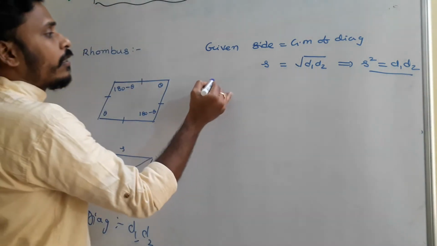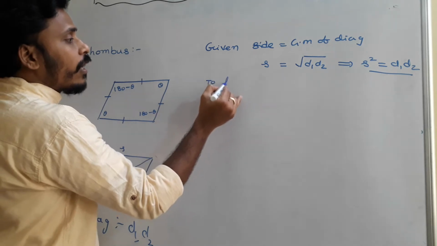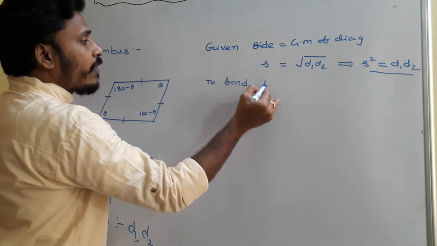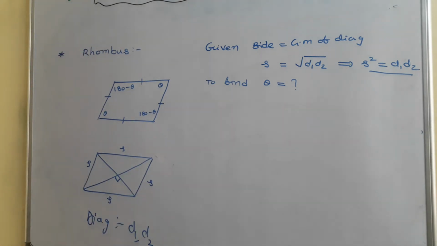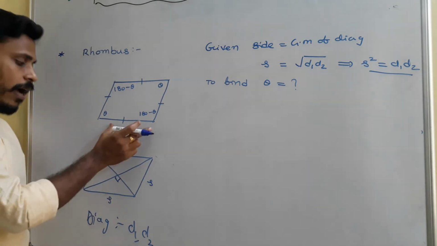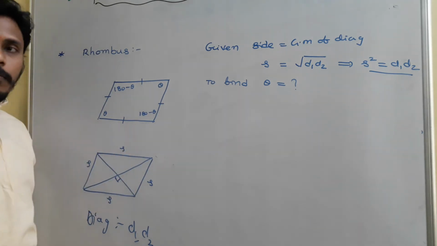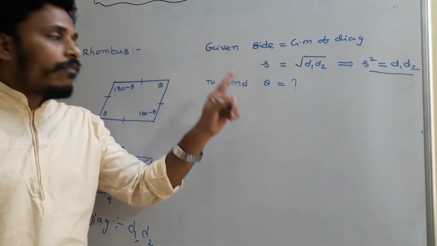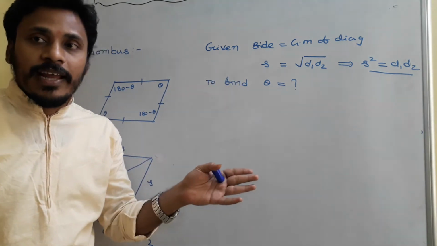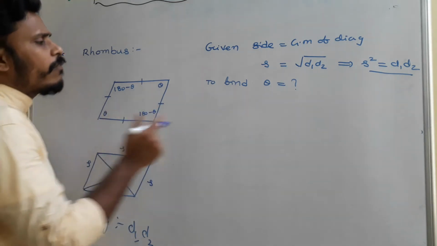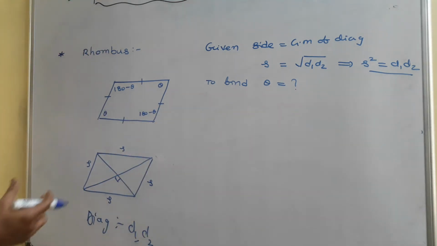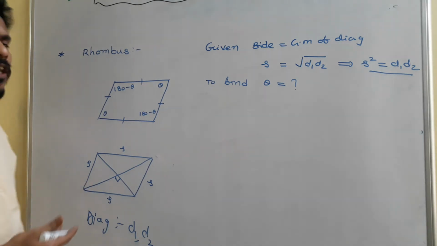And what we need to find? The question is asking us to find the acute angle between the sides. So if theta is the acute angle, we need to find theta at the end. I mentioned the properties related to the rhombus, and this is the problem. We need to find theta, the acute angle. In finding theta, we need to use what? I may go with the cosine rule.